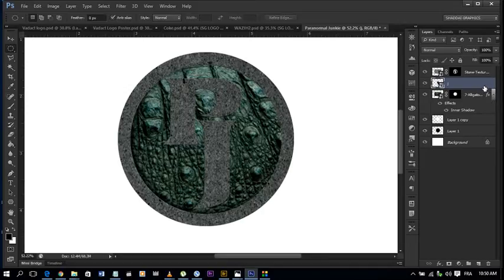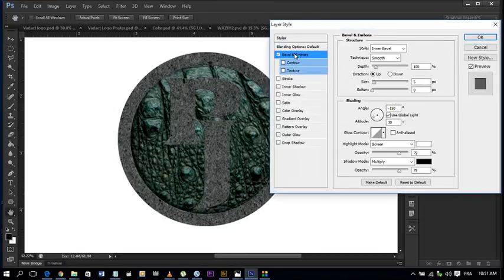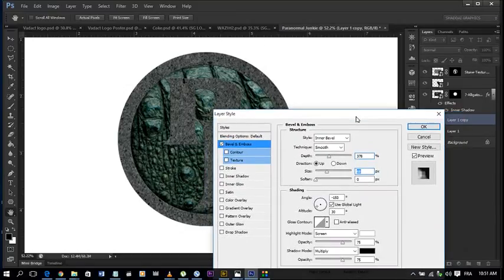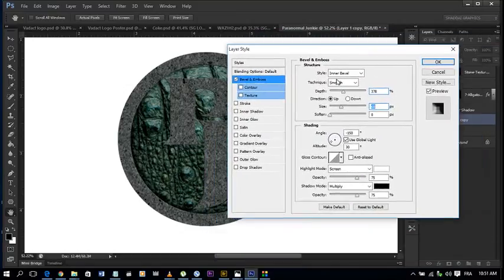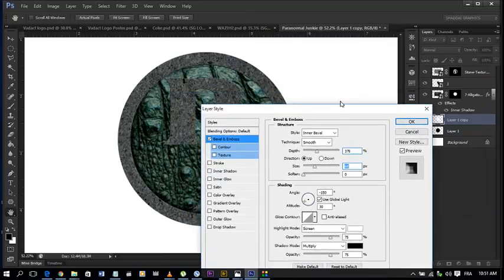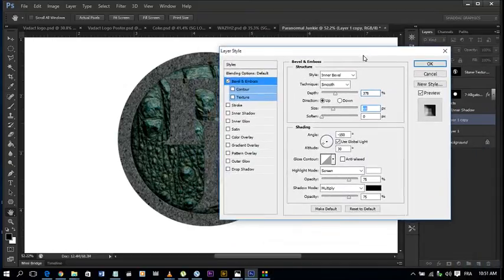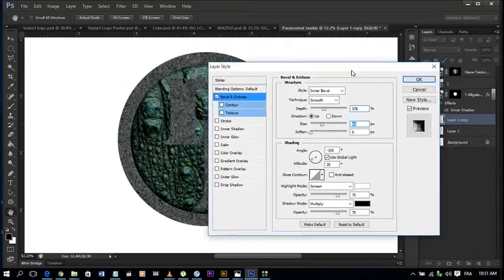So now we're going to come on this layer right here, give it a bevel, increase the depth, increase the size. I'm not seeing too much of a change here, probably because of the layer masks which are above it. Yeah, it's making me feel like I'll have to cut this layer. That's what I didn't want to do. Anyway,